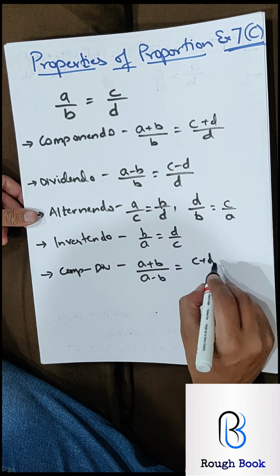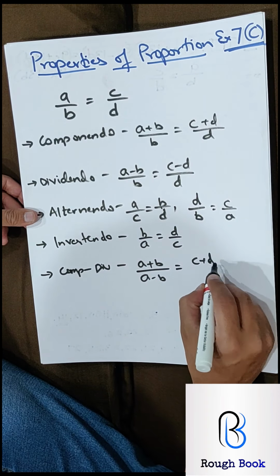We always remember componendo dividendo helps us to reduce. Now only you can predict what is going to come after applying componendo dividendo. So if I say by componendo dividendo, the prediction is this will be in the numerator, this will be in the denominator. Yeah, let's check. So I will have root of x plus 5, root of this plus root of x plus 5 minus this. In the denominator, same. The first two terms remain the same. The next two change the sign. Yeah. Likewise 7 plus 3, 7 minus 3.